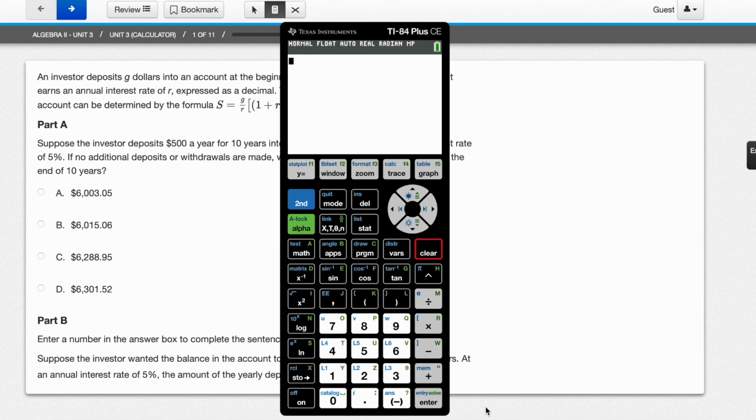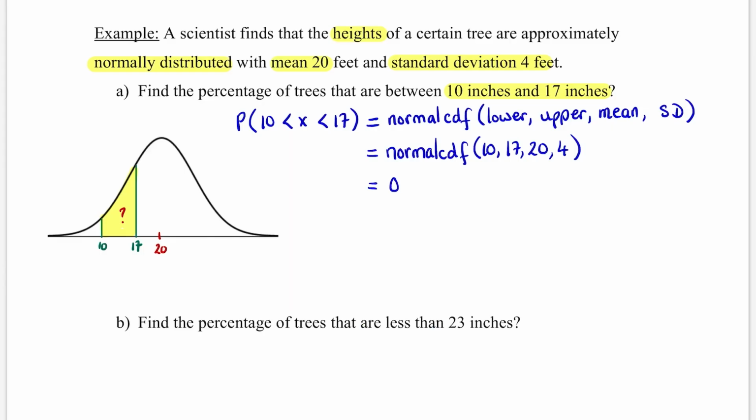We need to get to the distribution list first. So second distribution, and we choose the second one, normal CDF. Lower bound is 10, upper bound is 17, mean is 20, and standard deviation is 4. Enter, enter. And this is my answer. 0.2204